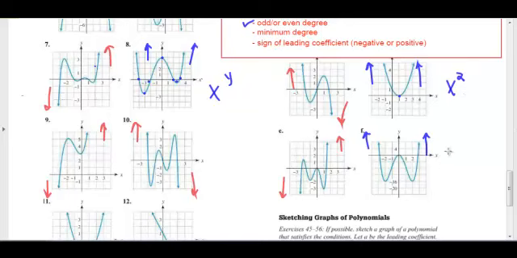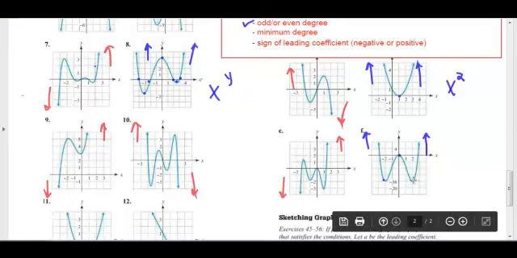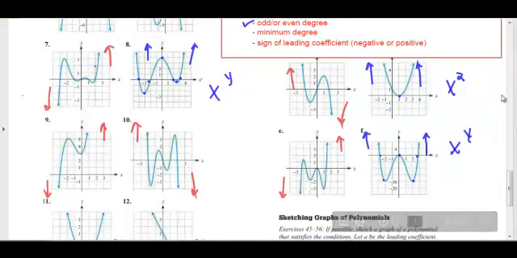And then finally here we have an even graph. It has 1, 2, 3 turning points, so it has to be at least an x to the 4th. Okay? And it has 1, 2, 3 roots, which is fine. The roots can be less than that. And when we get into multiplicity, we're going to talk about multiplicity a little bit later. But remember, if this is 4th degree, it doesn't have to have 4 roots, but it does have to have